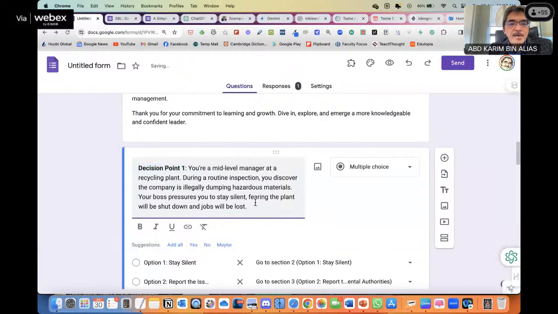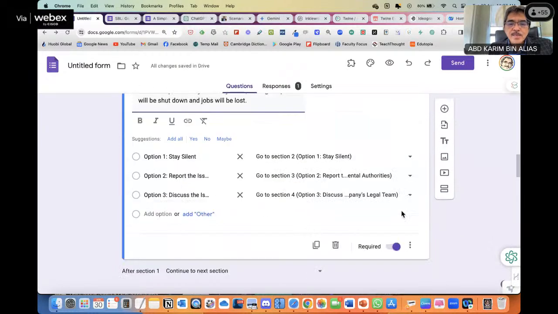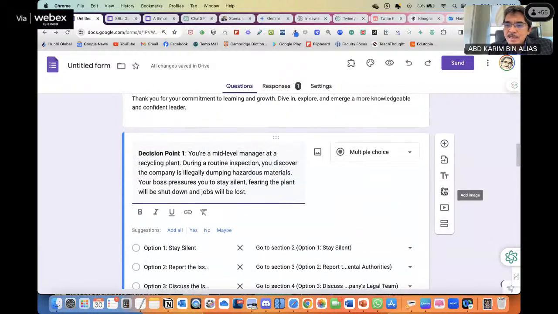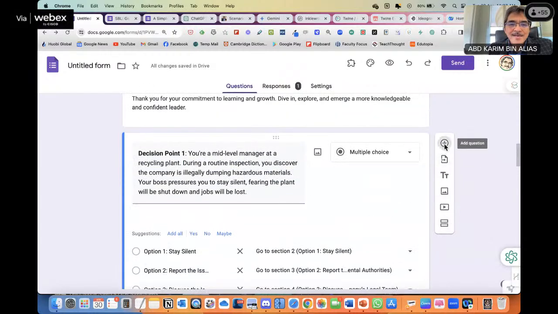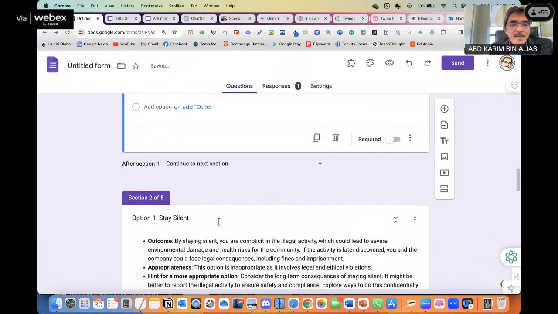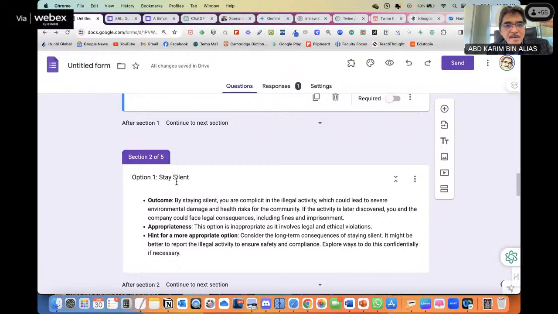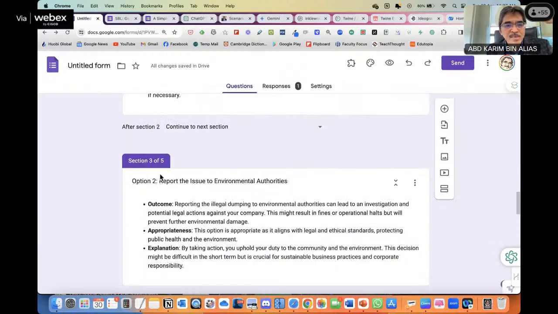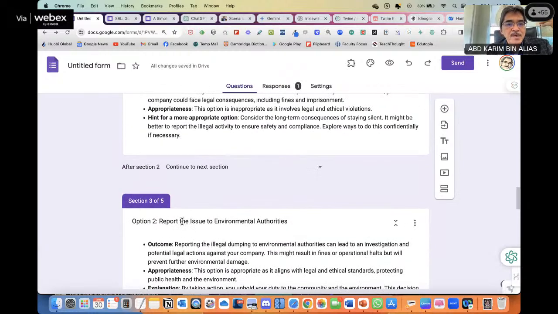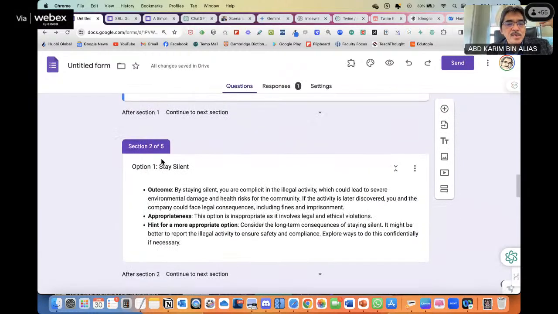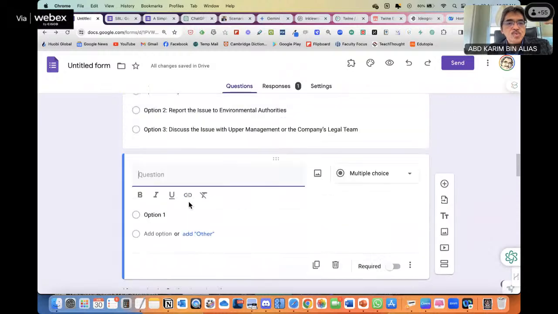Okay. Then let's add another. Bagus juga orang tanya soalan ni. Then I can try. Another one here. Tapi dia punya section dah bertukar number lah ya. Kita kena ubah balik ni. Sebab yang ni dah jadi section 2, yang option 1 dah jadi section 3. Tadi option 1, sorry, dia dah jadi section 2.